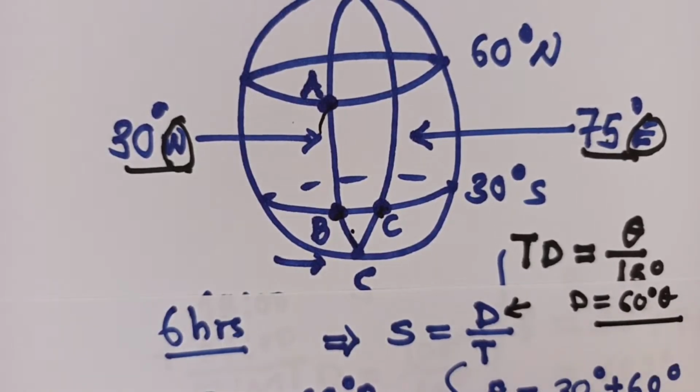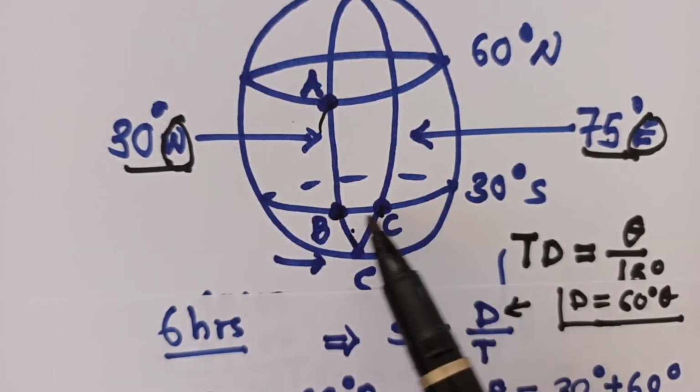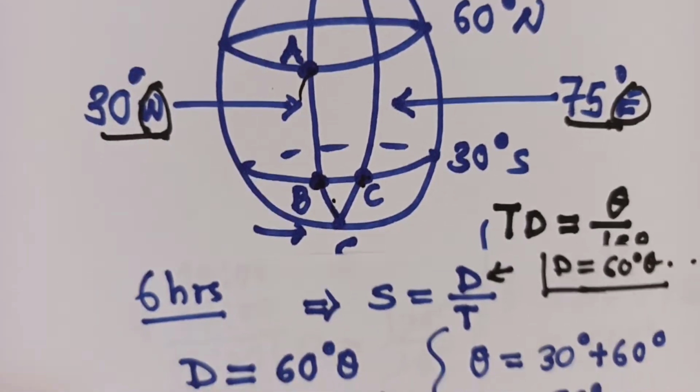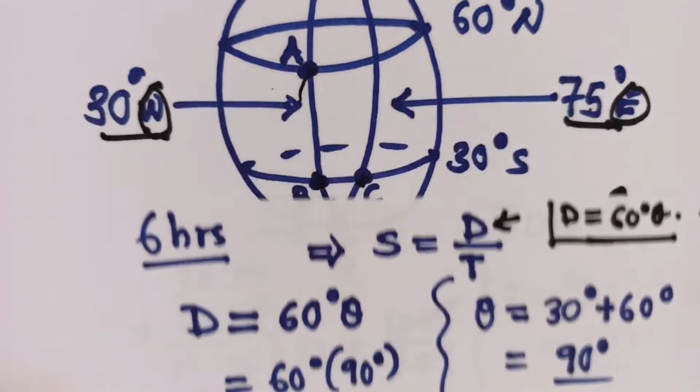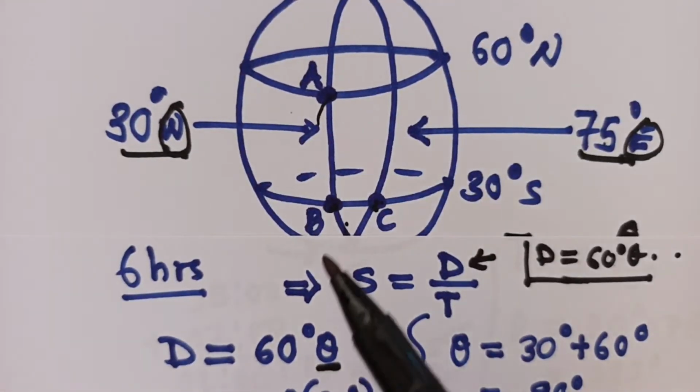This is the formula in paper one that we use to find distance, because it's happening along the longitude. If the distance was happening along the latitude, we would have put cos x here. But now this is a longitude, we just say 60 degrees theta. And when we do that, to find the value of theta in this formula, we are going to check